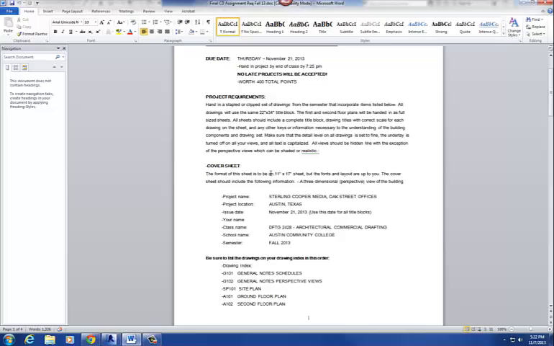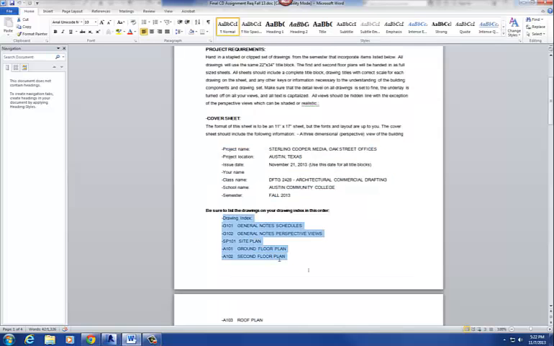What we're going to be doing is creating an 11 by 7 sheet, which is actually a 22 by 34 printed at 50%. And then any of the fonts and the layout of the sheet is up to you. It should have the following information: a three-dimensional perspective, and then a drawing,